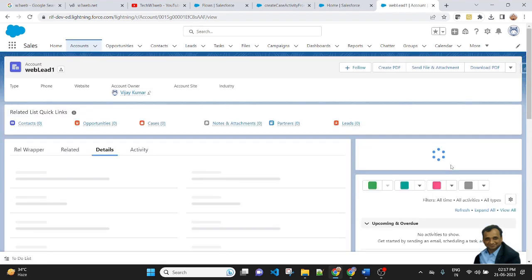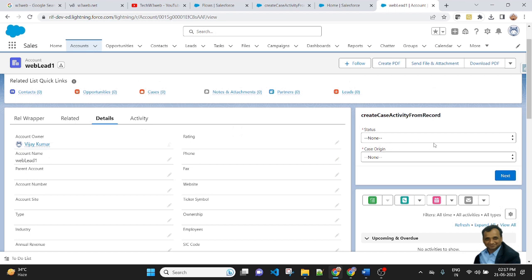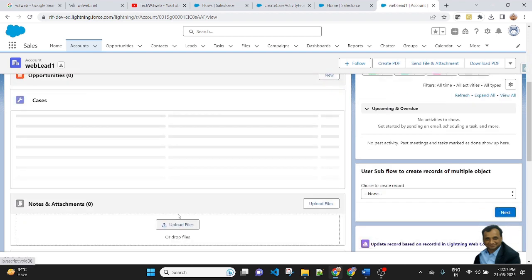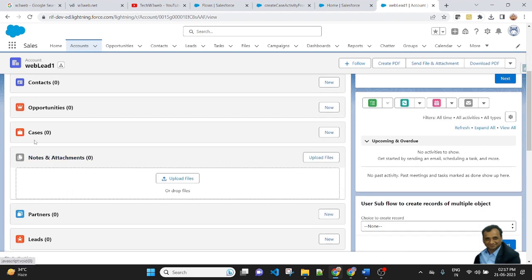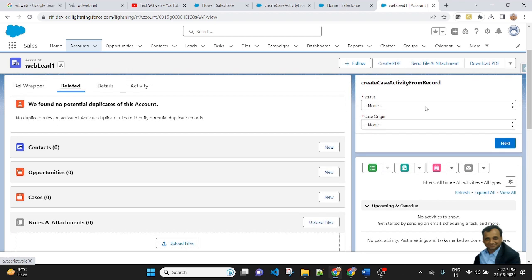Click create new case. So my flow is displayed here. As you see, there is no task and there is no case in this account record. If I create a task from the flow, one task will be created here and one case will also be created automatically.